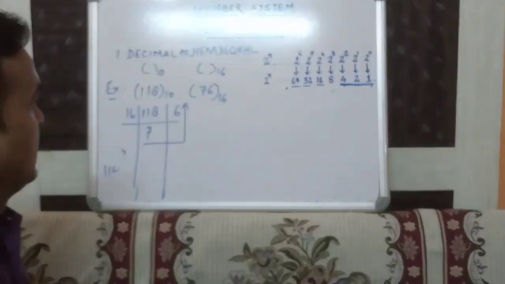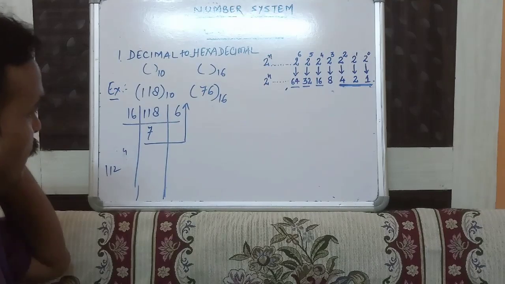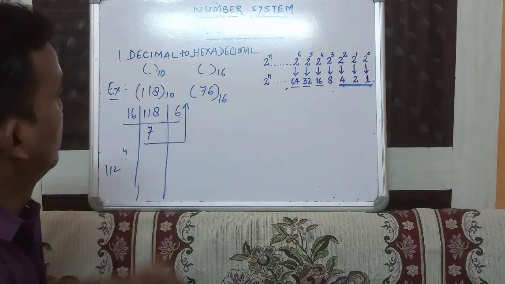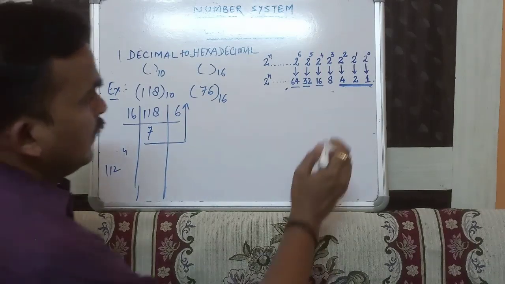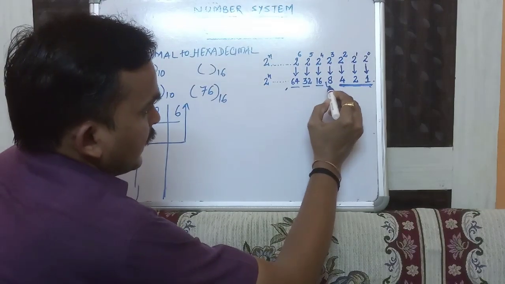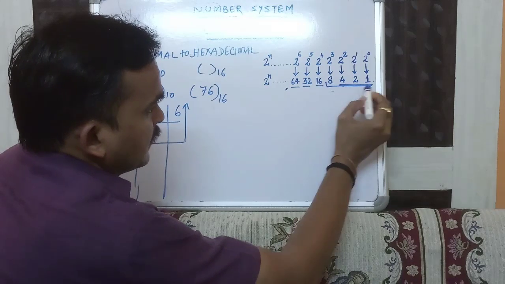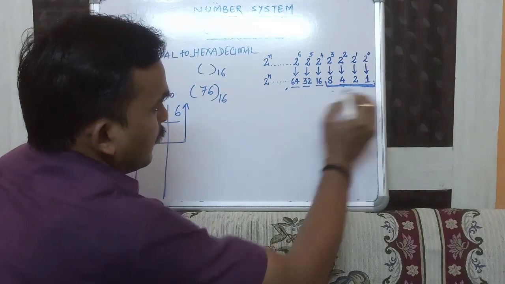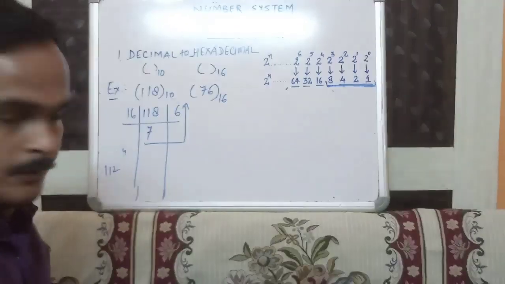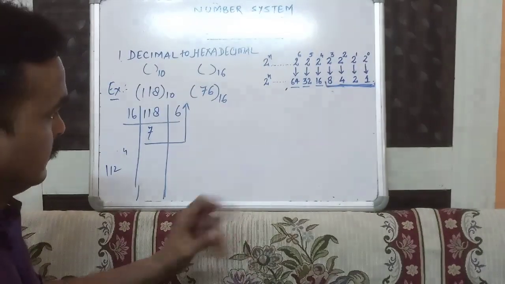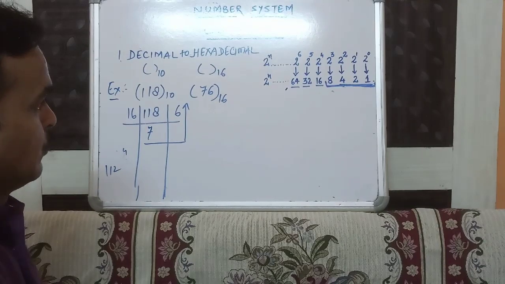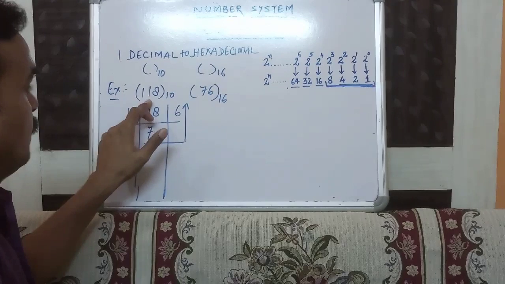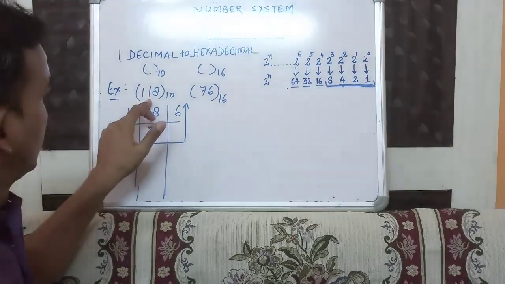Right? Now again we have to find this value using the second method. So for that what will we do? We will just make pairs of 4 bits here. In octal we made pairs of 3 bits. In hexadecimal we use pairs of 4 bits. Before that, again we will have to use the same kind of binary numbers in this series.